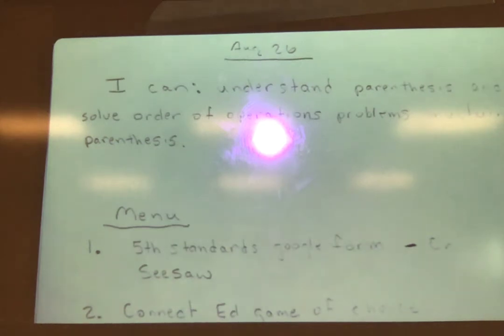I can understand parentheses and solve order of operations problems involving parentheses. So guys, when we have these word problem number sentences with